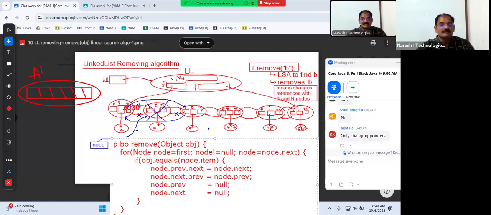Array list array: 0, 1, 2, 3, 4, 5. If you want to remove the object here, double quotes B, already we have multiple objects, 100 objects available. You want to remove this double quotes B. Can you just go and abracadabra remove? Not remove. Okay. For example,